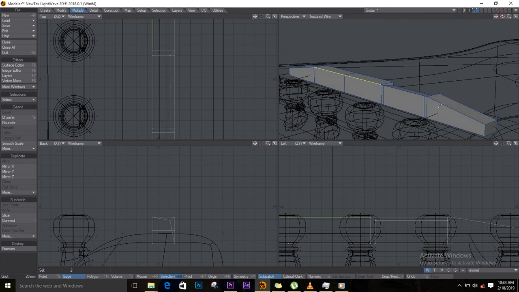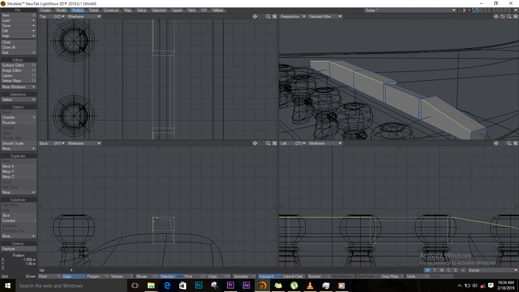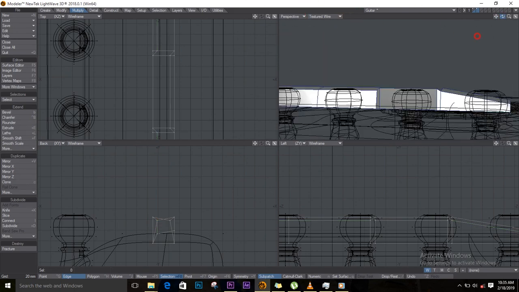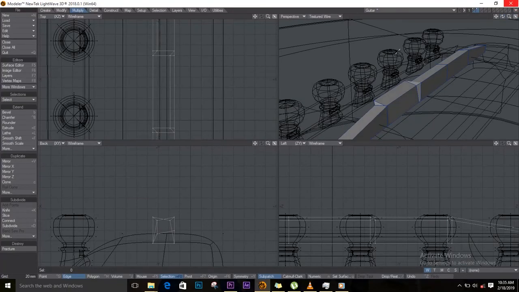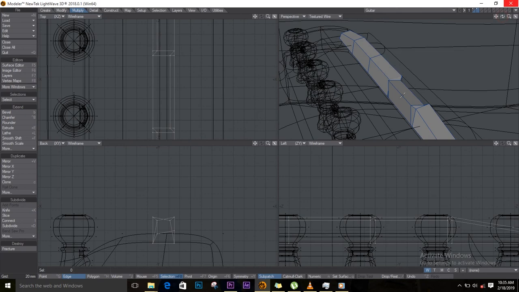Oops, let me look at this from this side. Here, hold down Shift to select more polygons, and what I'll do is, okay, so I almost left out that one, and what I'll do is I will push T and drag it in like that. Space, deselect. Okay, so this is the blocking shape that I want,